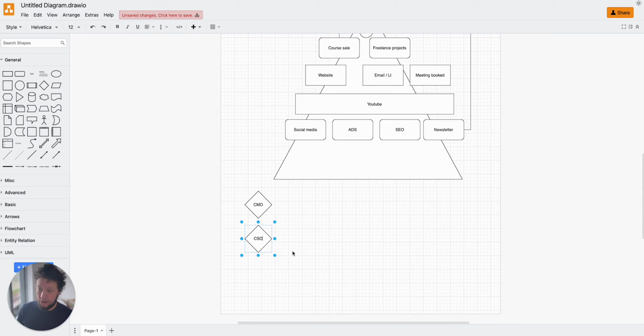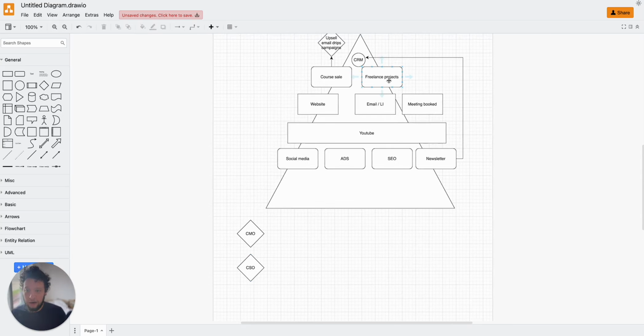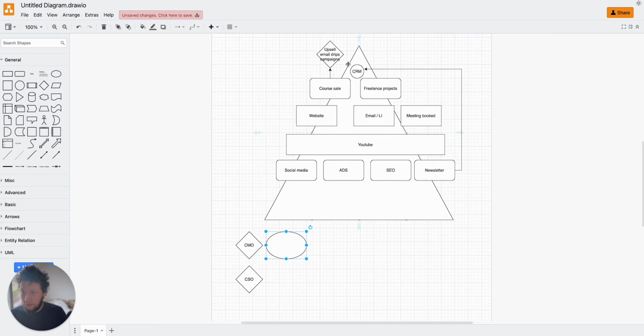One of them will be a chief sales officer, and I'll tell it basically to try and improve freelance project performance for me, and the CMO I'll tell to try and improve course sale performance for me, plus additional upsell products. So the files that I need to send to the CMO, the CEO, I can start to make a list of these now. So for the CMO, for email drip campaigns, I want to get probably the campaign settings,